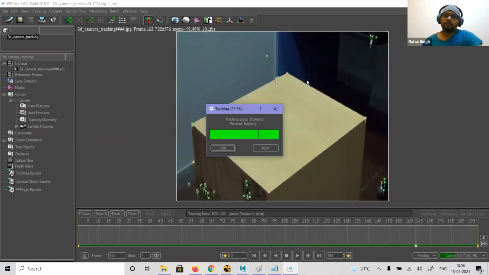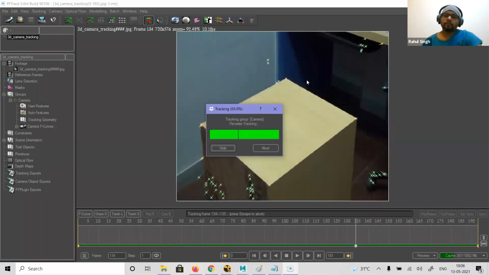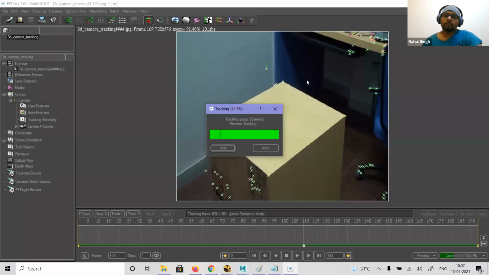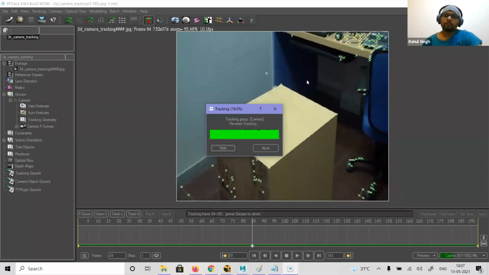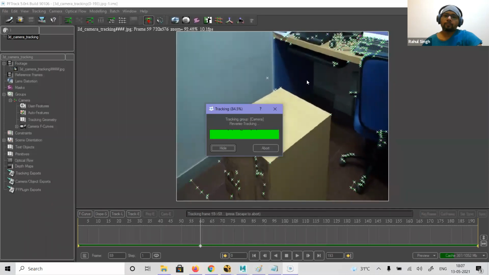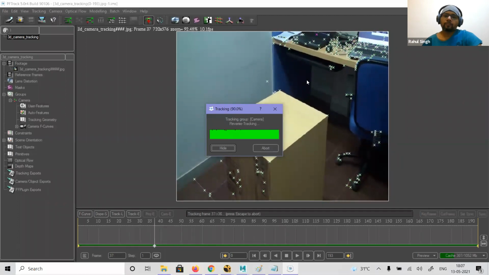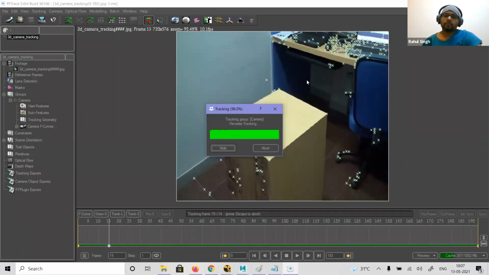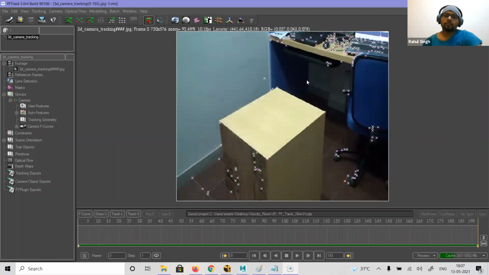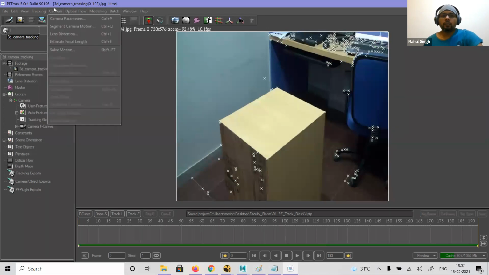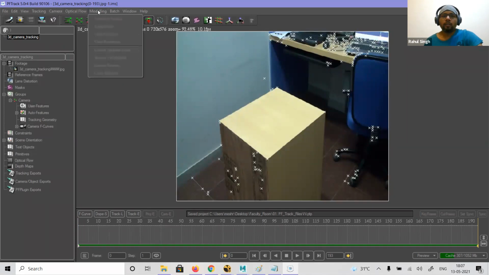Now it will come backward. Okay, so this is what the track points are. Right now you can use a lot of the scenes there with the optical flow and all, right?